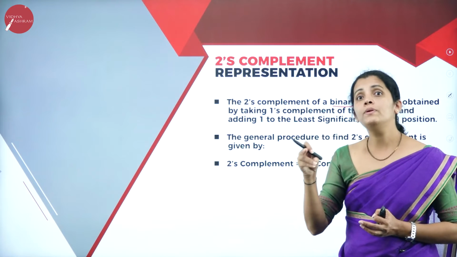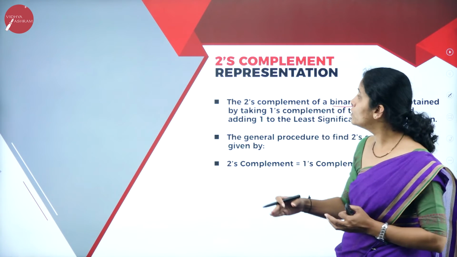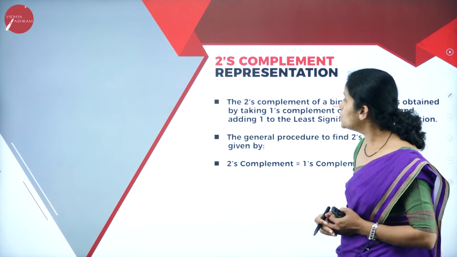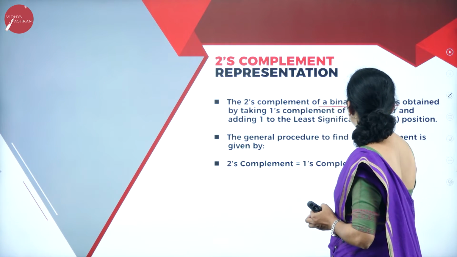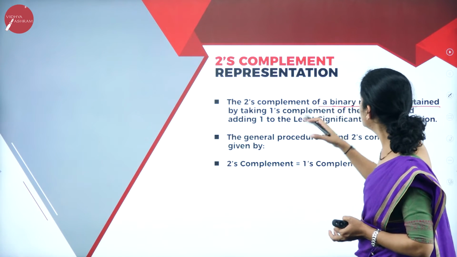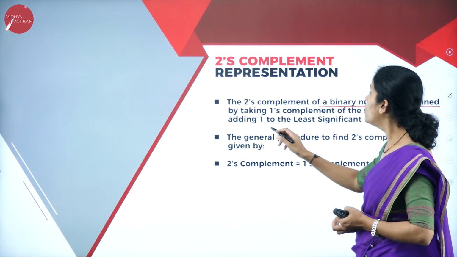For the ones complement result, I am going to add 1 in order to get the 2's complement. So, the 2's complement of a binary number is obtained by taking ones complement of the number and adding 1